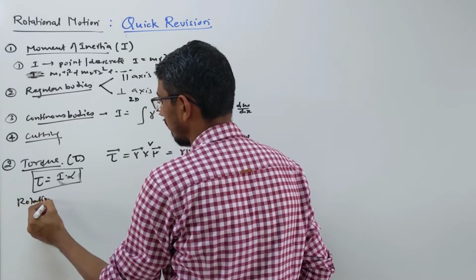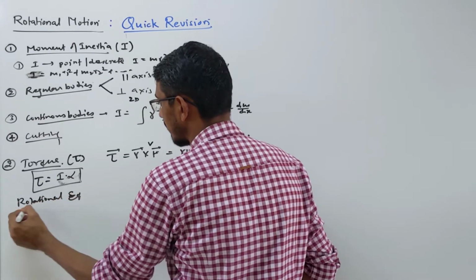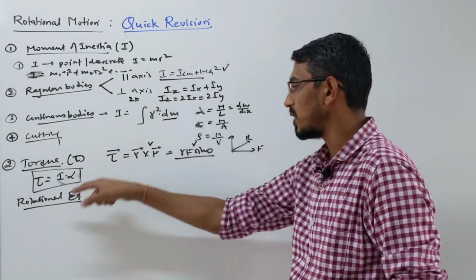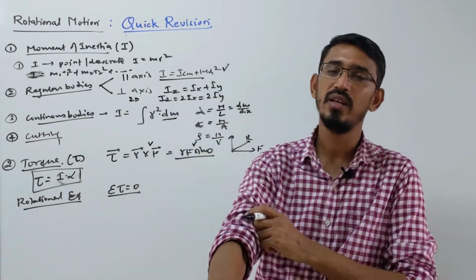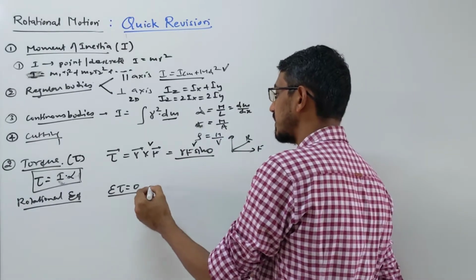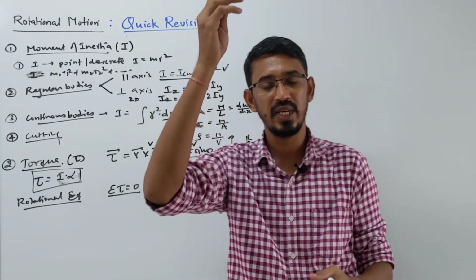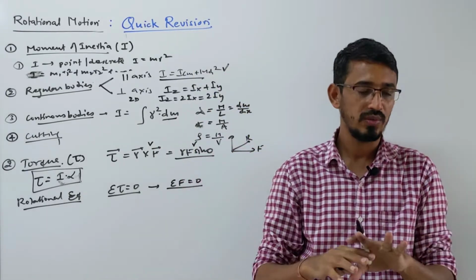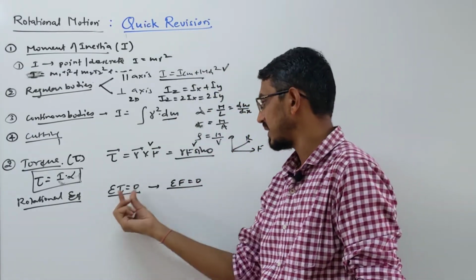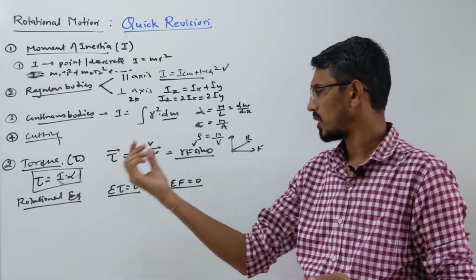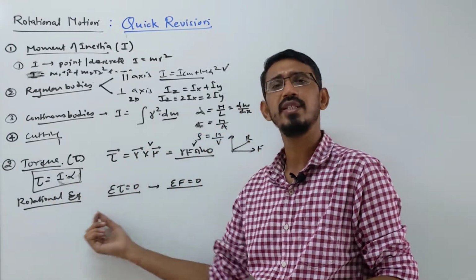Rotational equilibrium. So under rotational equilibrium what happens? The net torque acting on a body will be 0. And whenever rotational equilibrium happens, the translatory equilibrium will also be there. So in that condition you also say that the net force acting on that body will be 0. Net force in X direction, net force in Y direction, or any direction you talk, will be 0. When translatory equilibrium is there, it may not be rotational also, but when rotational equilibrium is there, there is always translatory equilibrium also.